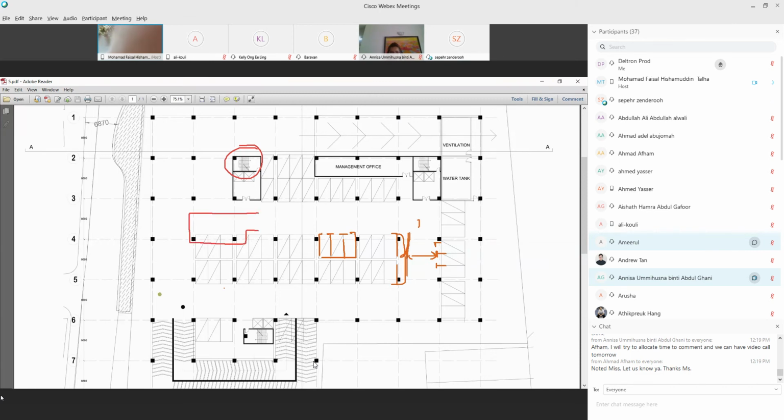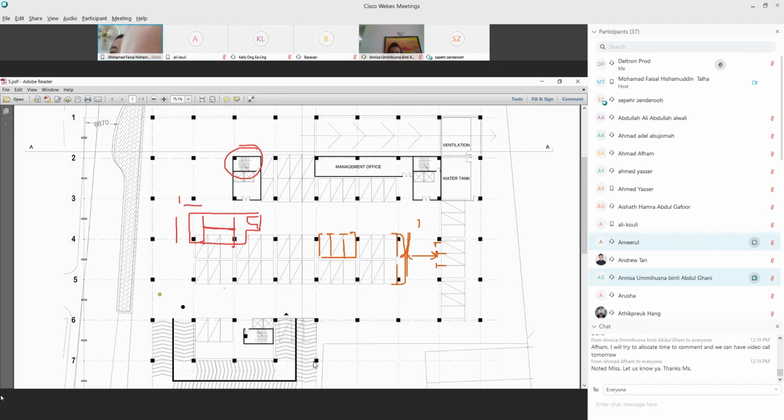Here is 1.5 meters, 1.5 meters. Why is it 1.5 meters? Because your width here is 3 meters. So if you want to go 4.5, you should have at least 3900, nearly 4 meters. And then here's where your door is.